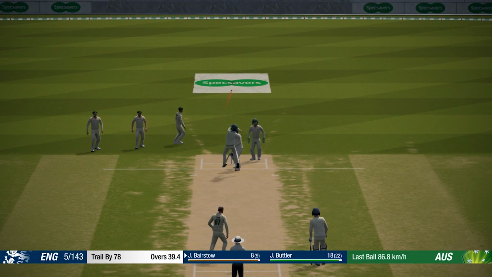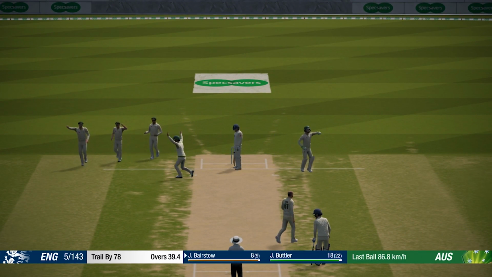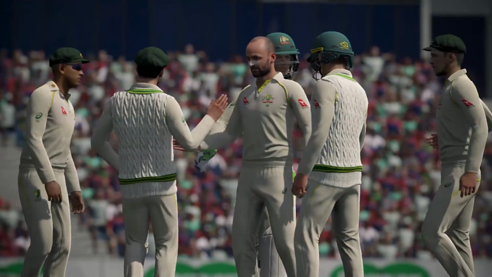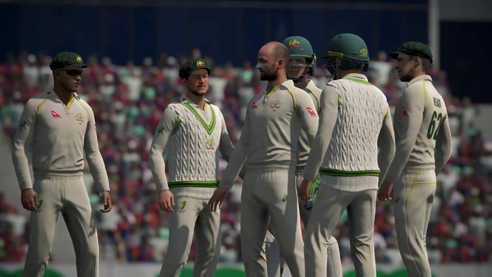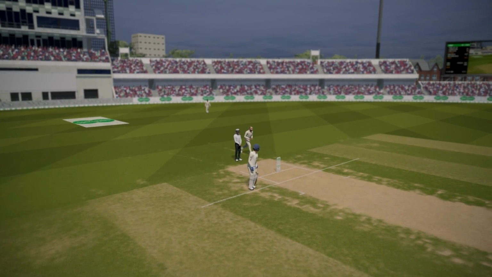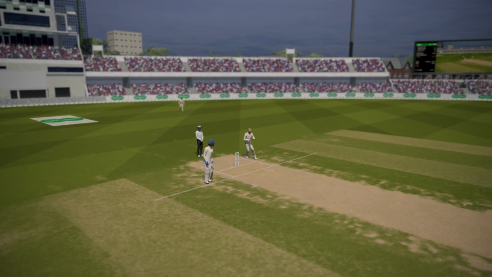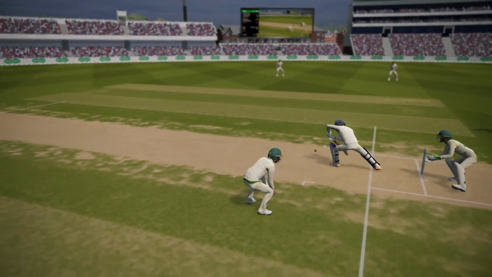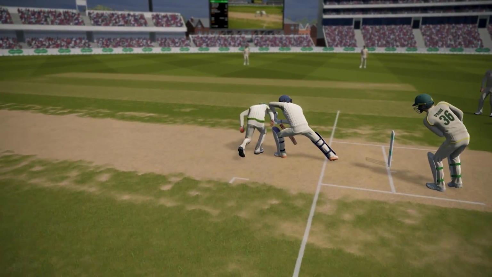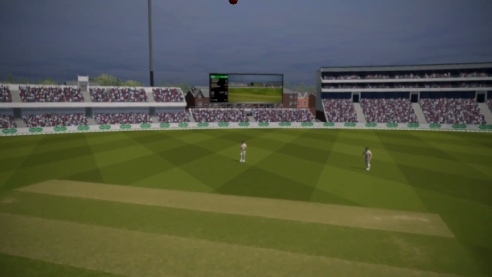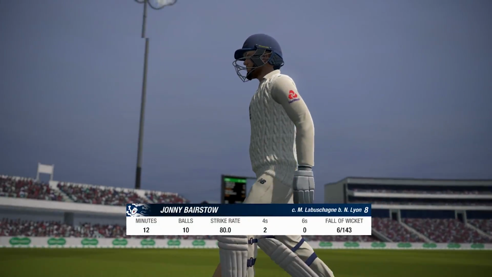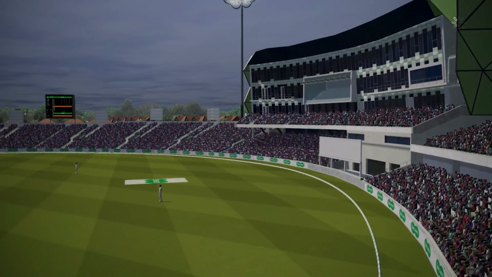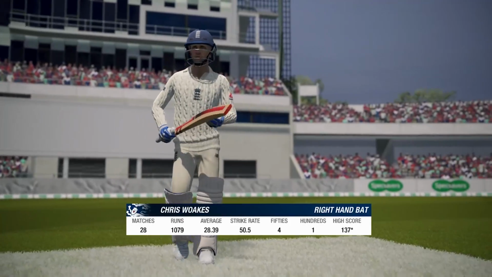Oh, that's close. That's out. I think that is out. Nathan Lyon gets Johnny Bairstow. He was just playing a bit of a forward defence. There's a few little deflections in here. We'll make sure we digest each one of them from the replay. So Nathan Lyon just flying it up there, drifting it outside off stump. It looks like it's hit the bat onto the foot, onto the glove, and then it's popped out towards Marnus Labuschagne. And Australia get wicket number 6.